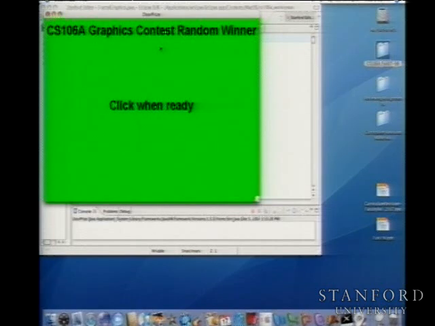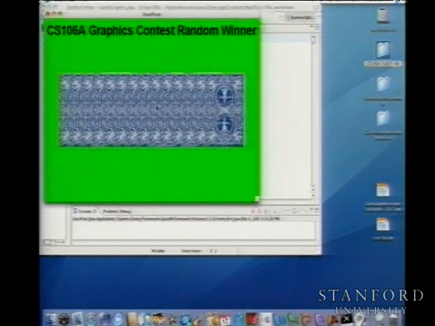Let me just use that rather than rewriting it all myself. So what this does is it takes each of the entrants of the graphics contest and puts their name on a card. Okay? And those cards are shuffled and displayed on the screen. And so what we're going to do is pick one of those cards, and then this will gradually go through and reveal all the other cards who are the non-winners,